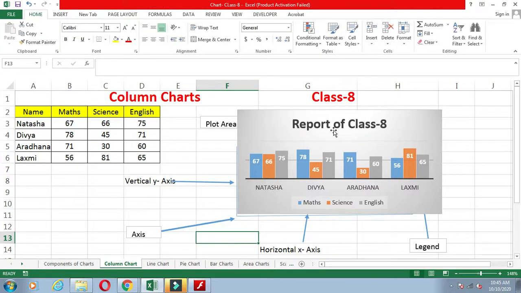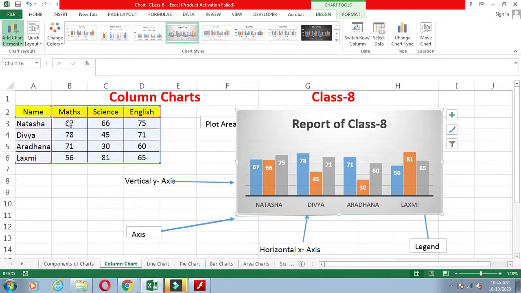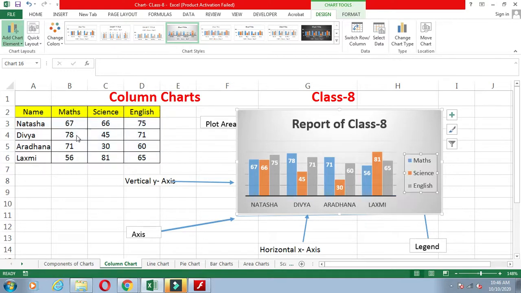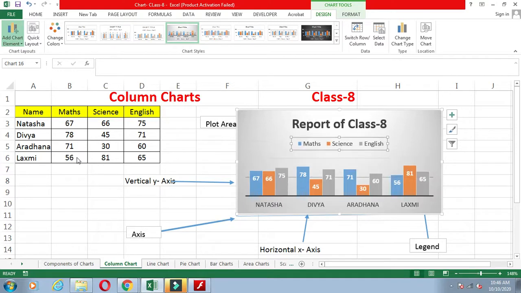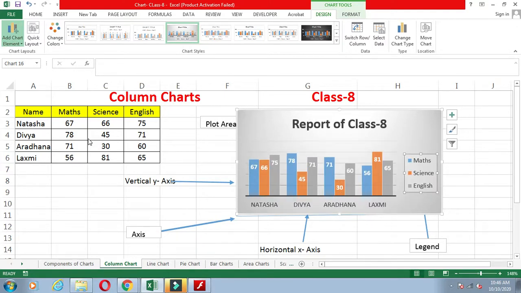Here is the legend. See, have you seen here? If you click on none, the legend will be removed from your chart. Where you want to place the legend: on the right side, on the top, on the left side, or on the bottom side. Generally, we take it on the right side. We click on the right side, and the legend will appear on the right side here. So in this way, we can apply the legend and title to our chart, and select different types of chart from the chart style.